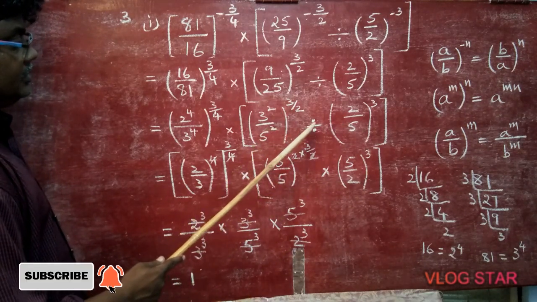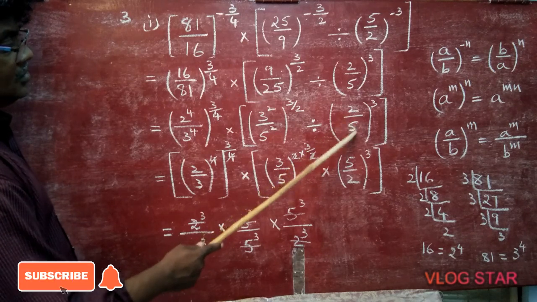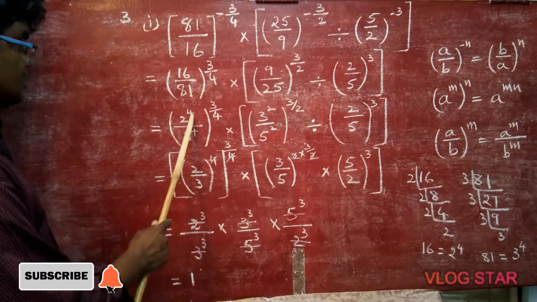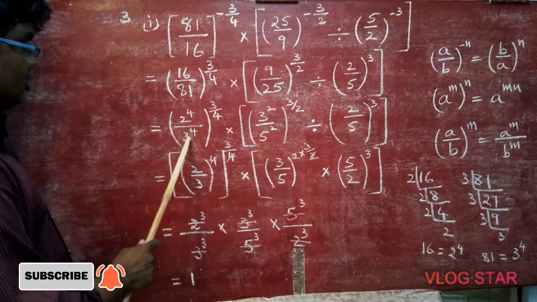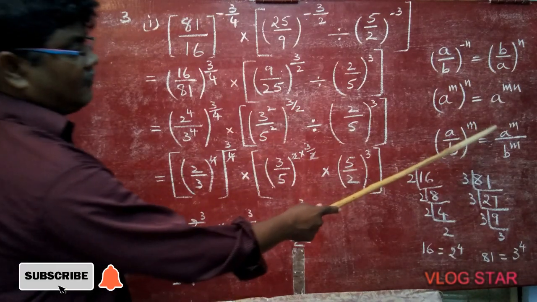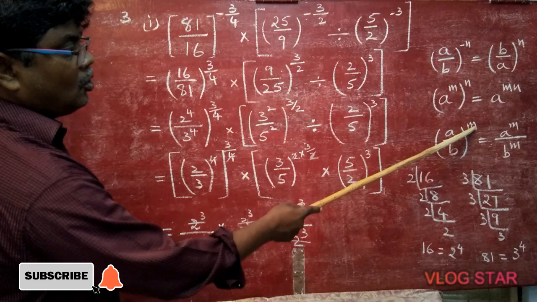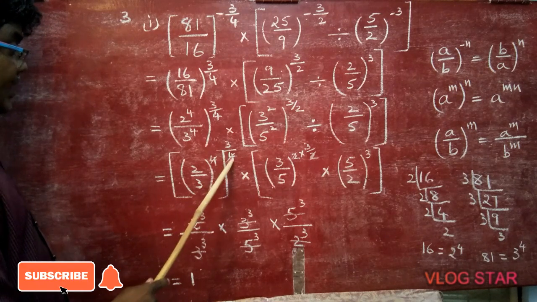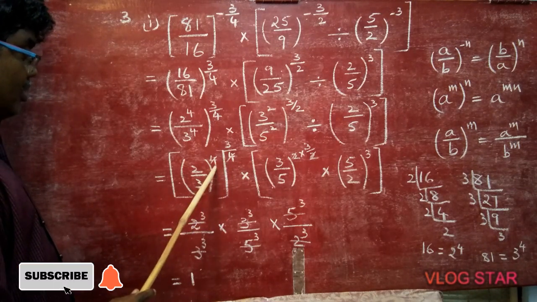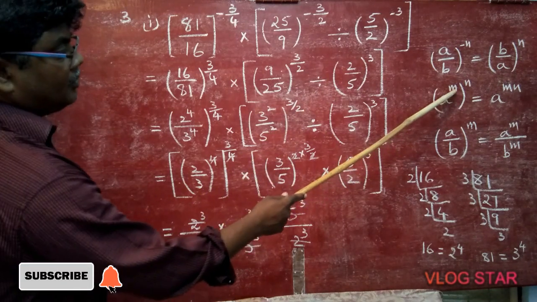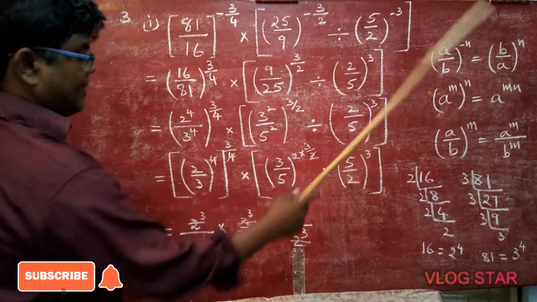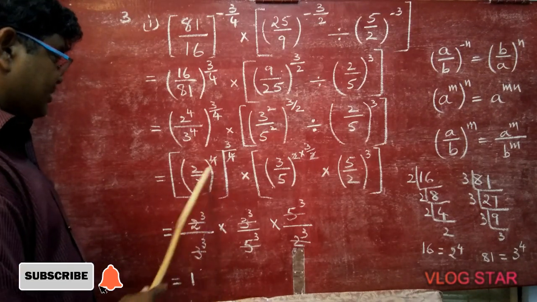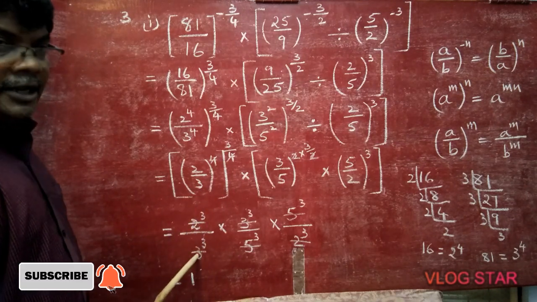(3²/5²)^(3/2) divided by (2/5)³, already they are prime numbers only. Now (2/3)^4, because 2 to the power of 4, 3 to the power of 4. a^m by b^m is equal to (a/b)^m. In the same way, (2/3)^4, again whole to the power of 3. Now it is in the formula (a^m)^n, the formula a^(mn). So multiplication we will do here. 4 gets cancelled and cube is left. That cube is for both numerator and denominator.